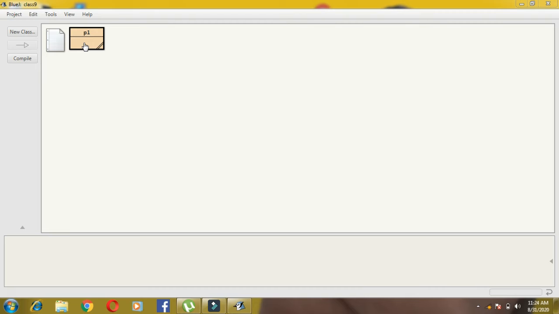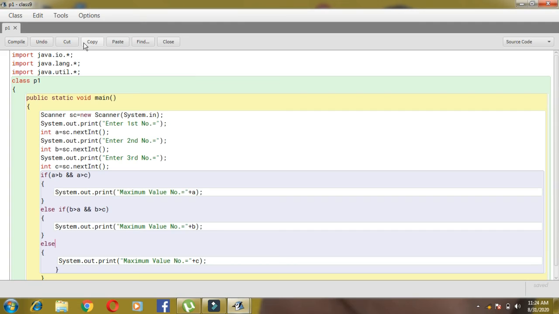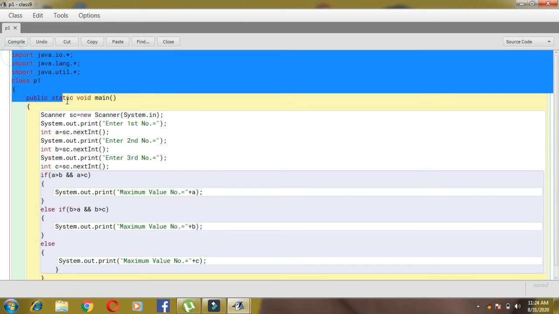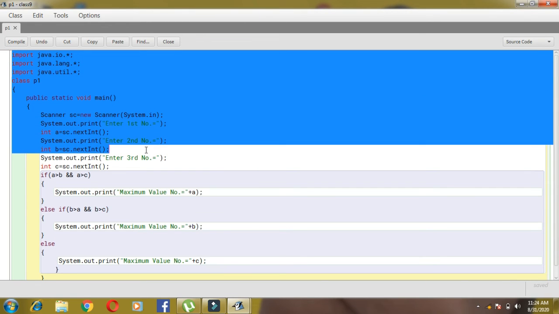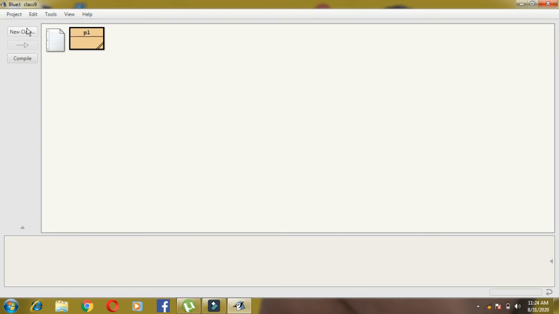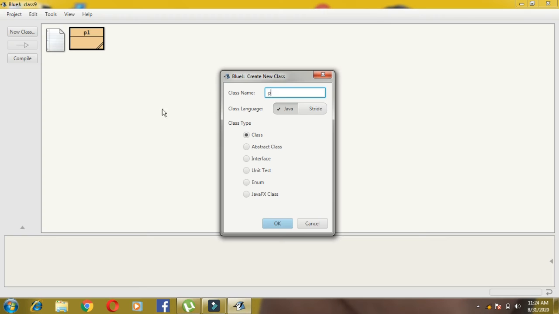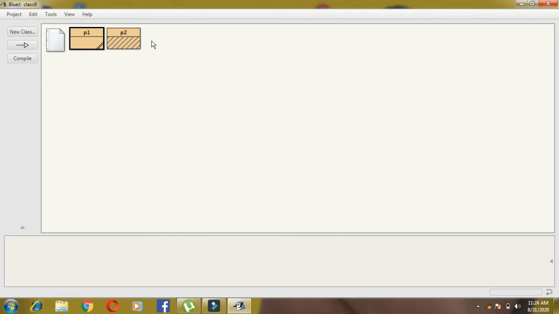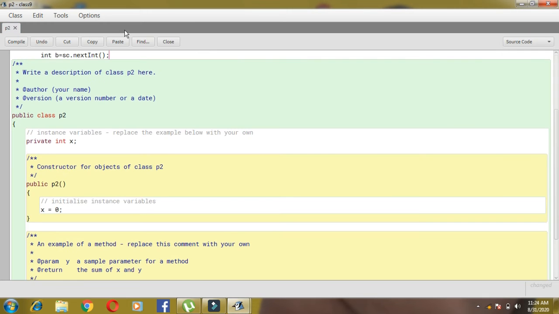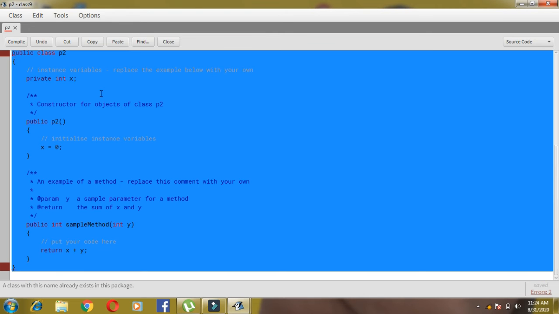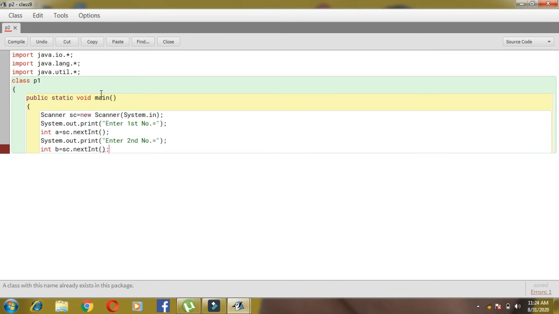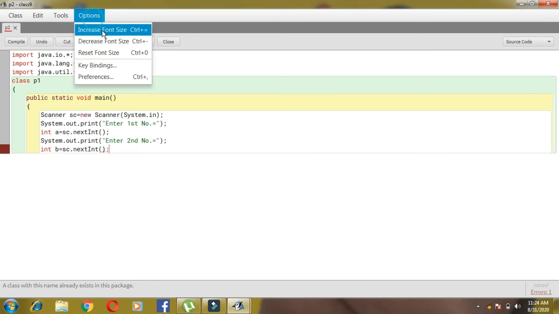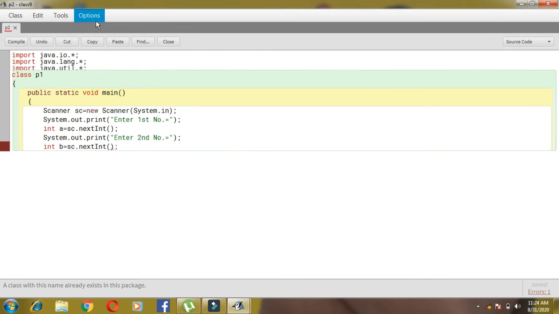We'll use the scanner class in this program also. So I'll simply copy this one first, up to this much. Everything is the same, children. Then Control C, Control V. First I will select everything with Control A, then I will delete, then Control V. Okay, the paste part. I'll make it a bit bigger, so increase the size.